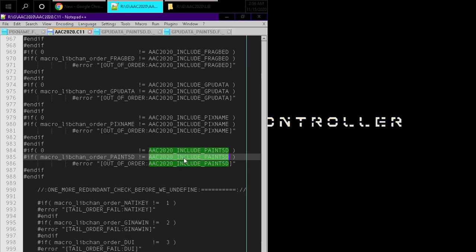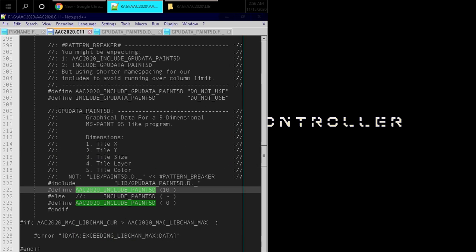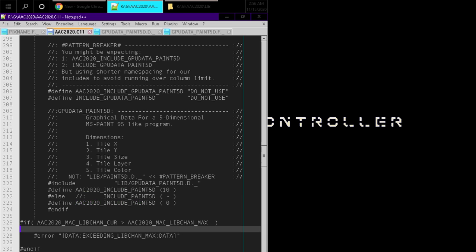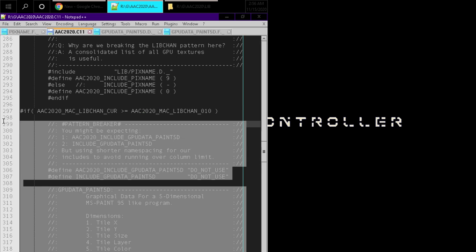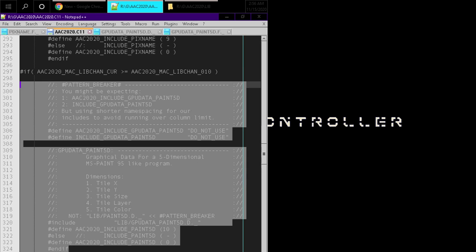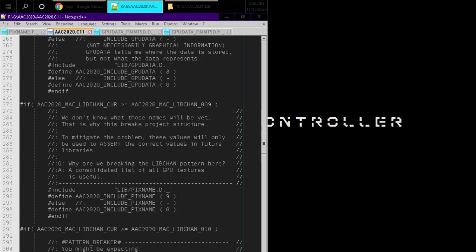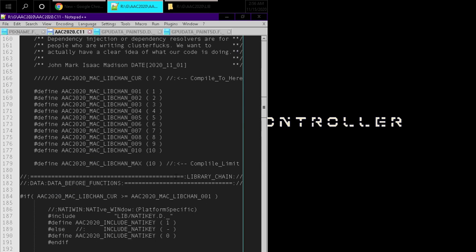So we have include Paint 5D. Let's look at where include Paint 5D is. If we're compiling up to library number 10, then we want to add the Paint 5D library. That's what this is saying, right? So we have this big chain here, and